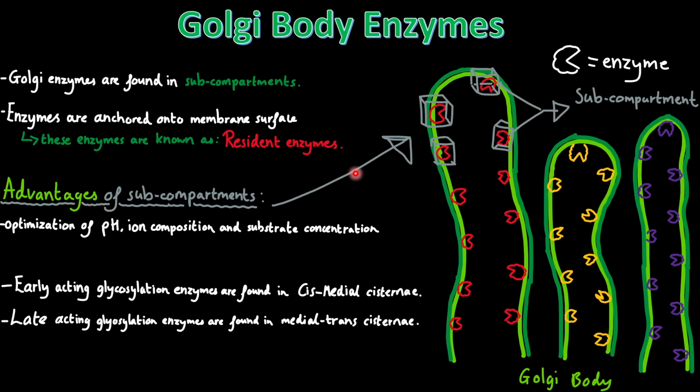The enzyme's location depends on what is being processed. So, for example, when glycoproteins are being processed, the enzymes that are needed are distributed in each cisternal subcompartment according to their mode of action. So what is meant by this? Basically,